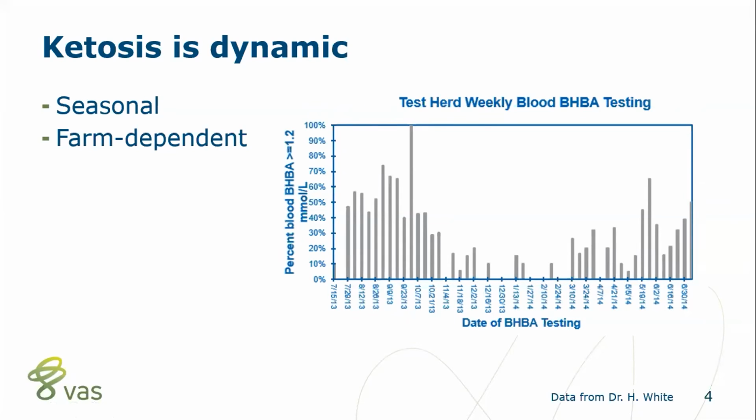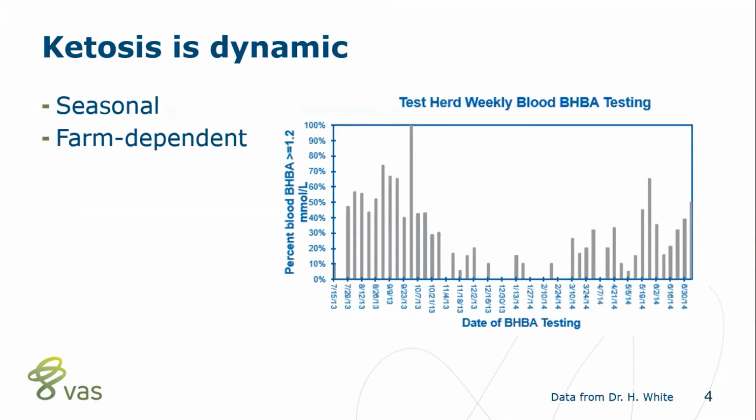When we look at the way that ketosis changes just on this single farm, it makes me call into question how we implement protocols and how we measure those protocols and change them over time. I think that as we're looking at ketosis on farms, the best thing that we can do is be nimble and be willing to evaluate protocols that we are utilizing on the farm and be willing to change those when the data indicates that we should investigate further. Now, in order to make those changes and be nimble, again, we have to have the data and we have